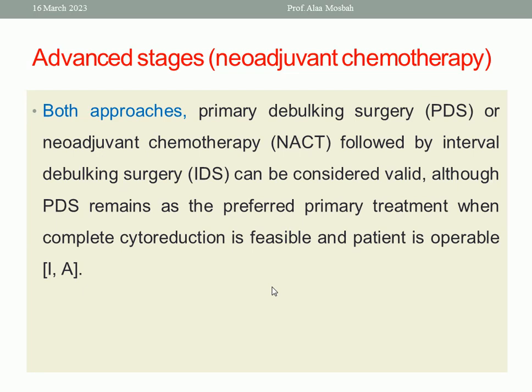But primary debulking surgery remains the preferred primary treatment when complete cytoreduction is feasible and the patient is operable. So in many centers all over the world, they start with primary debulking surgery, with operative surgery, not chemotherapy. The only need for neoadjuvant chemotherapy, to start with chemotherapy and then do interval debulking surgery, is when the case is inoperable,